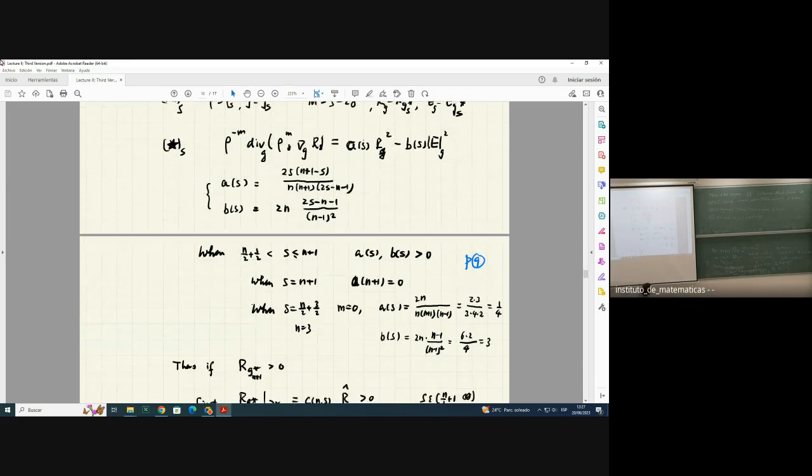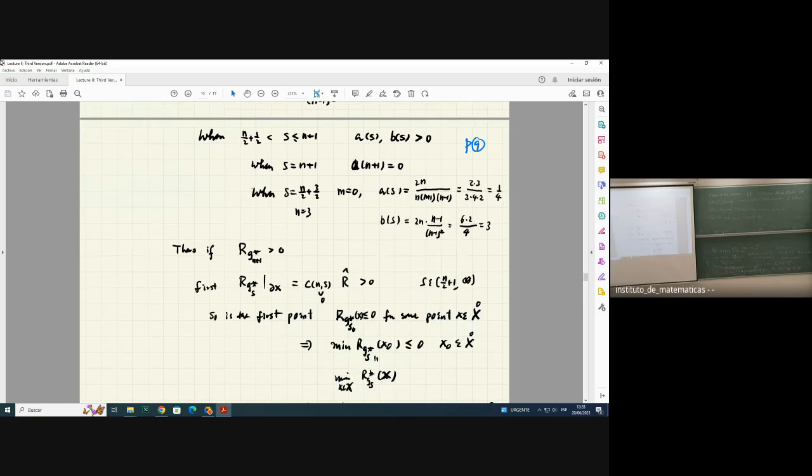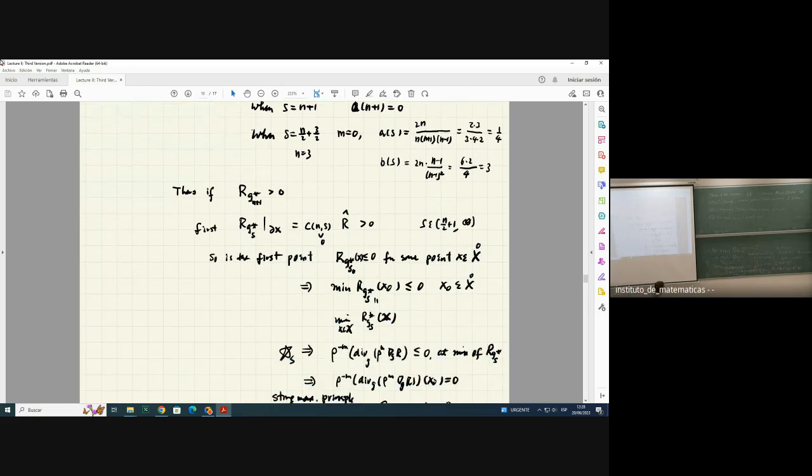Okay, and this M is equal to, so we have this equation, I'm sorry, I forgot, this equation: Laplacian, and then rho to the m divergence of rho to the m, and gradient of R equal to A times R squared minus B times traceless Ricci squared. That's a direct computation. And using this computation, we can show by a continuation method that this scalar curvature is positive. And the way to show it by the continuation method is you have this